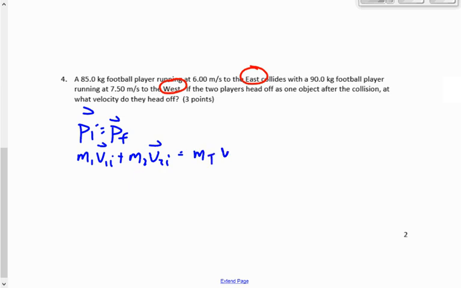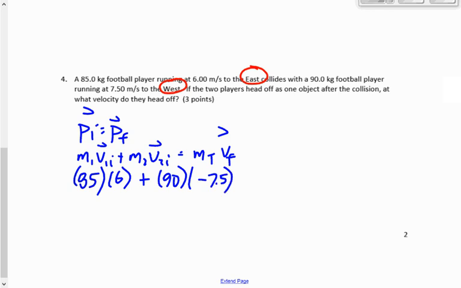The mass of the first one is 85 kilograms, could be a female football player. So 85 times 6, plus the second football player is 90 kilograms times negative